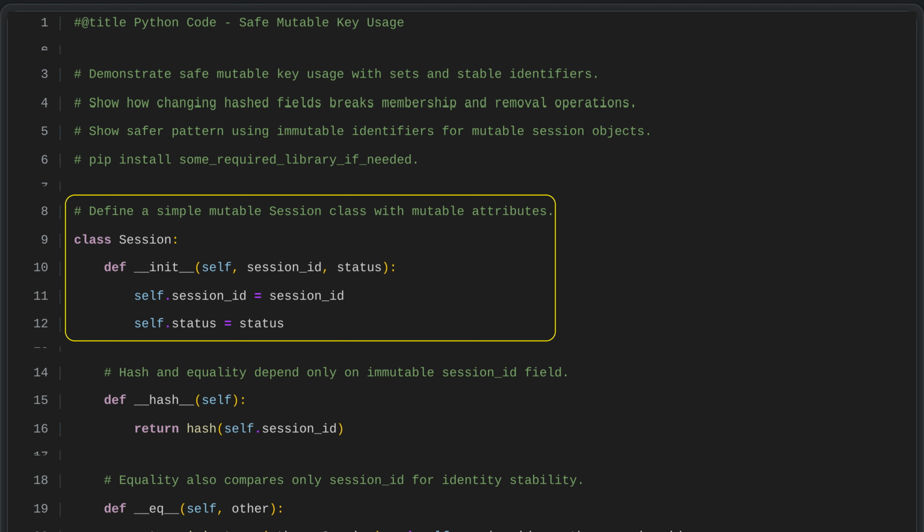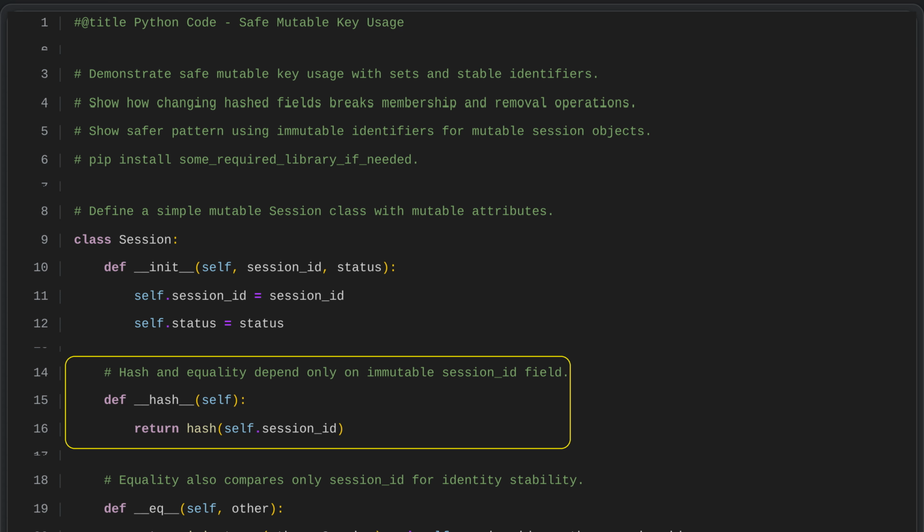It takes a session identifier and a status value, then stores them in the new object. The identifier uniquely distinguishes each session, while the status records its current state, allowing every session instance to keep its own independent information. Here we define the hash method for the session class, so that it returns the hash of the session ID. This means the hash value used in hash-based collections, such as sets or dictionaries, depends only on